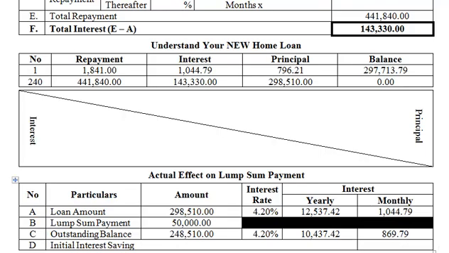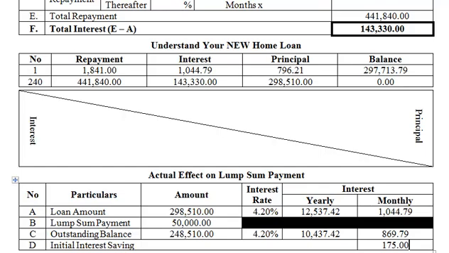How much can you save from this lump sum payment of 50,000? You can use 1,044 ringgit and 79 cents minus this 869 ringgit and 79 cents. Then you get the initial interest saving. It is just 175 ringgit. Ladies and gentlemen, this analysis shows that you can only save an initial interest of 175 with this 50,000